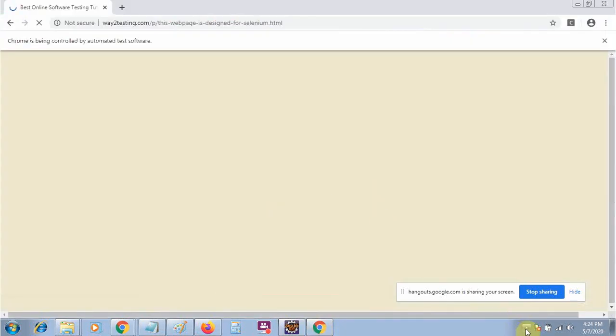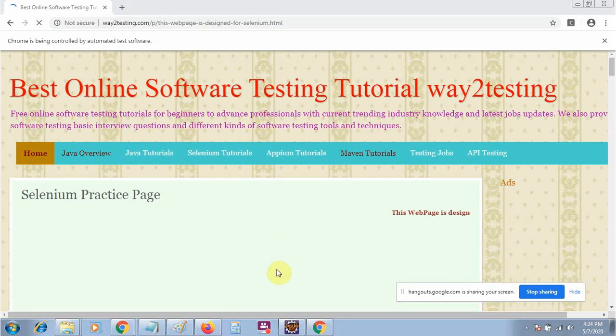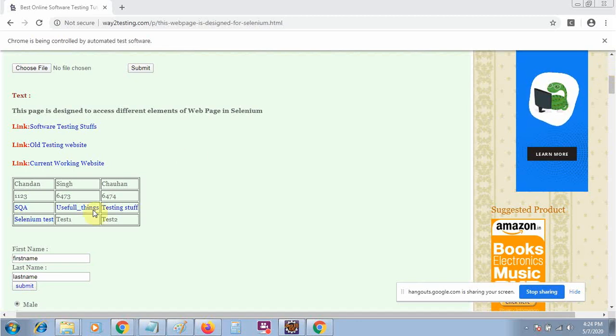Okay. So now you will see that it will be opened, and then it will scroll as we have given in X and Y axis in pixels. So always remember it will scroll in the pixel format. You can see that here it has been scrolled and here it has also been scrolled. So the first scenario has been completed.